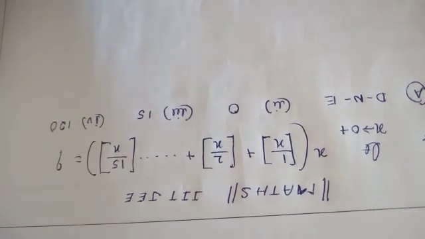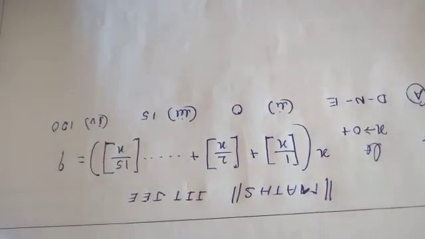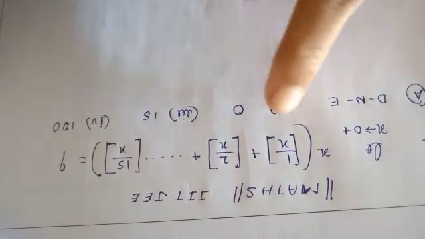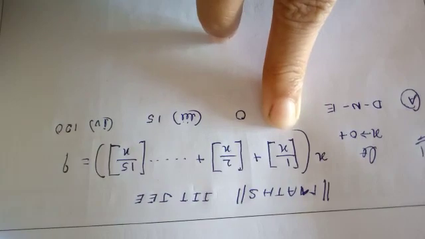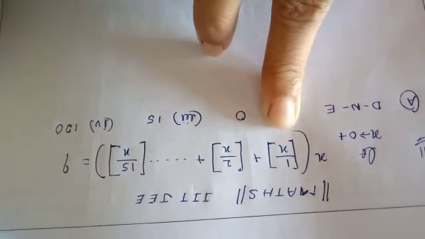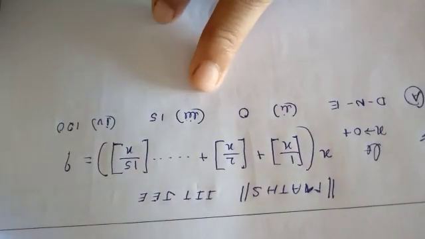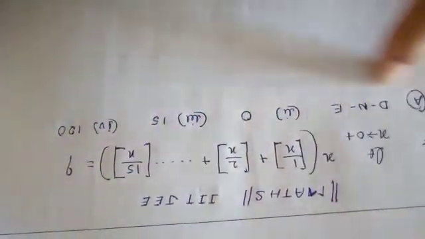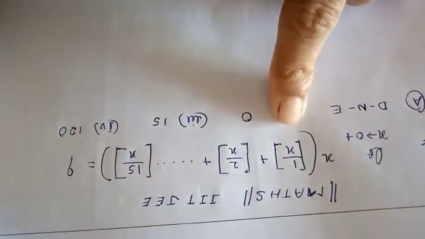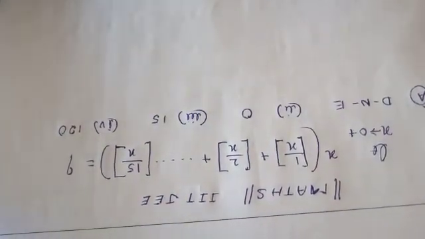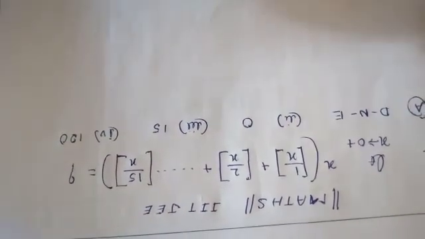Today I am going to take a sum which is based on limits, and in that sum we are going to use two concepts. The first is the square bracket, which is also said to be the greatest integer function. And one more thing we are going to study in this question is the sandwich theorem. So this question is based on the property of limits, the greatest integer function, and in between we are going to study one theorem, that is the sandwich theorem. So let us study this one.